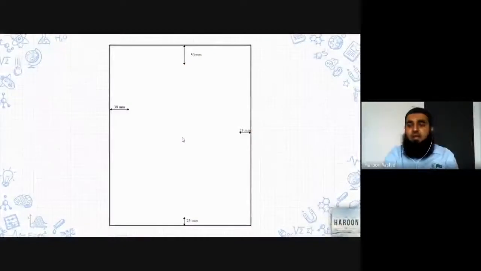The next one is how you have to do the page setting. What UKM require you to do. This is what UKM require. I'm not telling you that you have to do this. UKM says that starting from your chapter 1 until your last chapter, which is conclusion, your page settings should be like this. The first page of every chapter must have spacing from top of 50 mm or 5 cm.